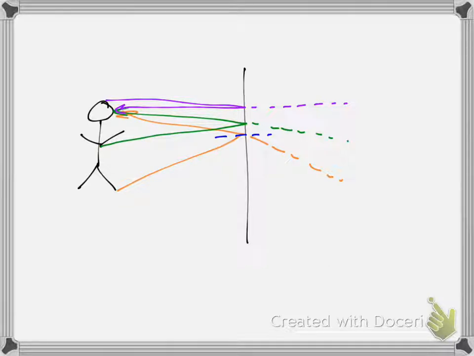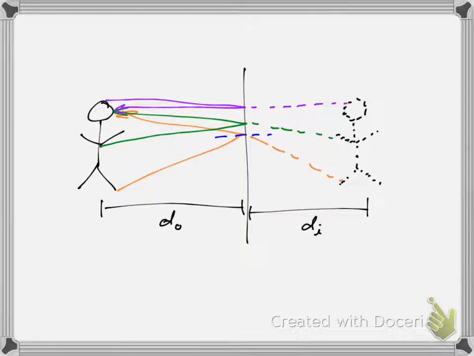Well, as a result, your brain puts all those light rays that are originating and hitting you in the eye, and it re-puts them together, assembles them, and you see what we call an image. And the image, you'll notice, is on the other side of the mirror. And then we have these distances. We label them object distance and image distance, or D sub O for the object and D sub I for the image. And again, if I'd drawn this to scale, if I'd been a little more careful, you would notice